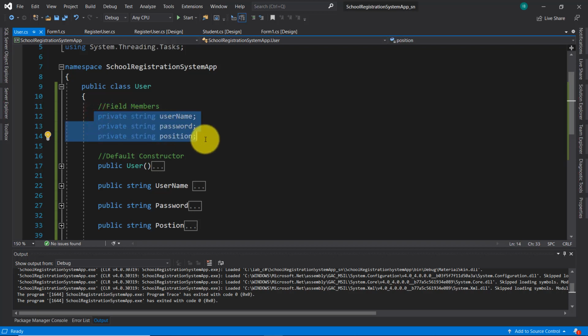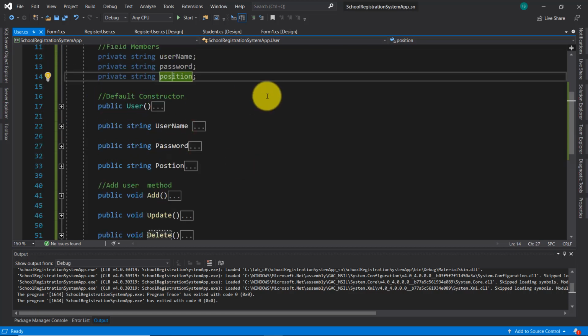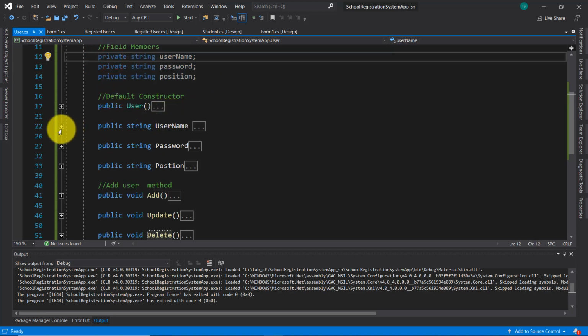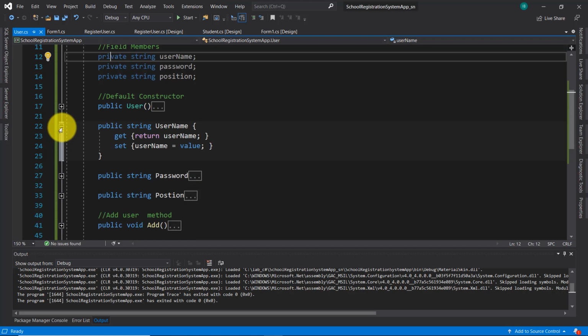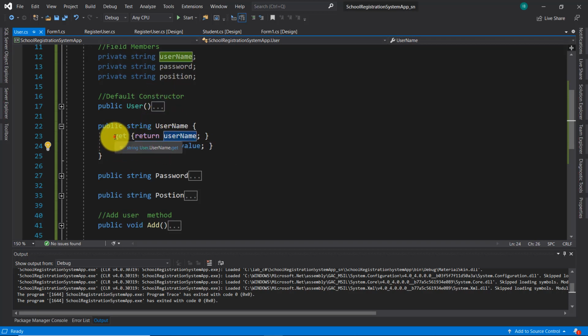It is a good practice to declare the fields private, because we want to hide fields using properties. This is called encapsulation. So the idea is to encapsulate these fields using this modifier private, and use properties. So I used these properties, username. This set will assign the value to this field, the username, and the getter will return the value held by